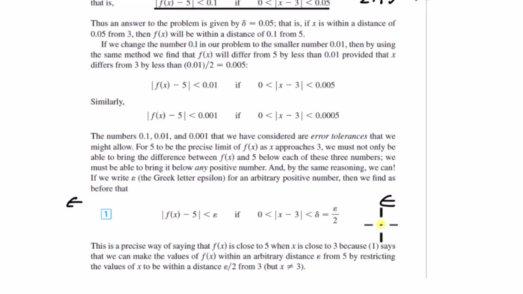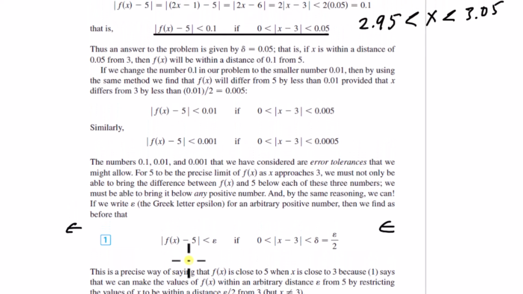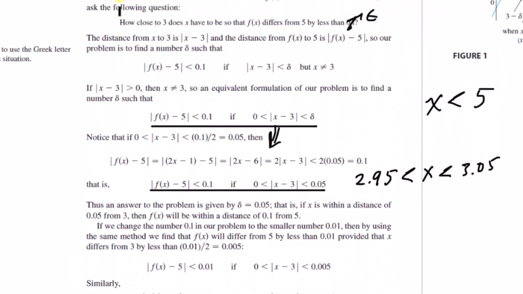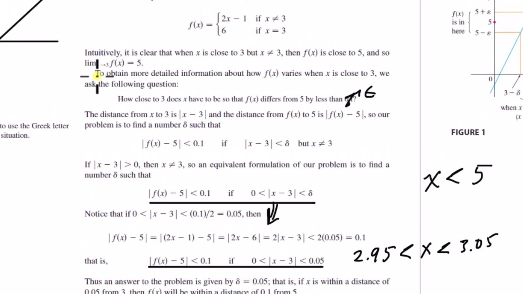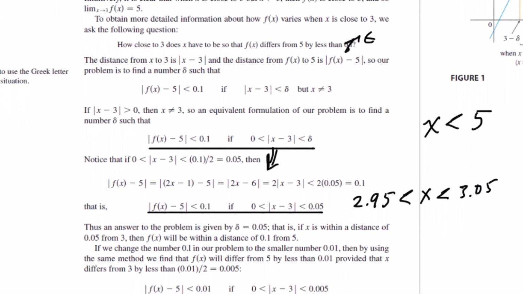So this is really powerful because since this can be any real number, then according to our intuitive definition of the limit, the infinitely powerful calculator, we have proven that the limit as x approaches 3 of f of x is equal to 5, because we've shown definitively that